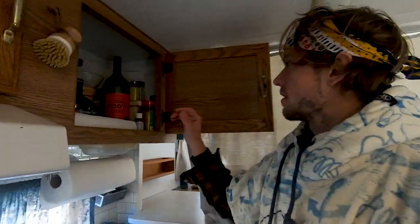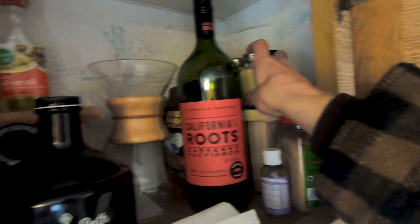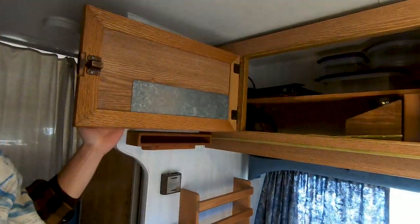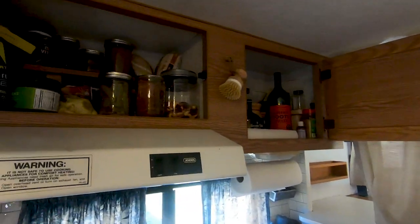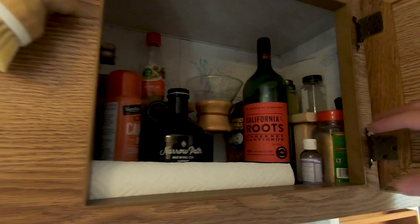All right, here is kind of the cooking situation. Up here, I've got these spice racks that I made. All the shelving in here, all these shelves in here and in here, that's all shelving I made out of recycled wood scraps. So it's basically throwaway wood that I turned into shelves. And then these ones, I lined them with